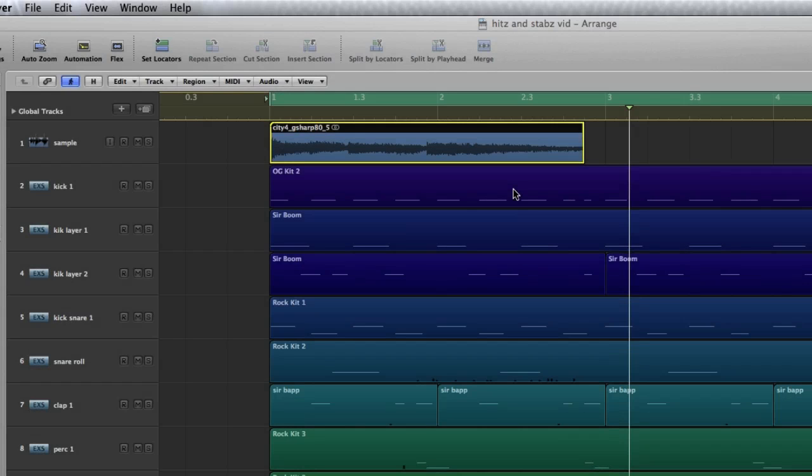Now, we'll say that this is a hypothetical example, but let's pretend that all we had was the WAV file for this sample and no Apple Loop or AIFF file. What I would want to do is make this sample conform to 75 beats per minute, which is the master tempo of my arrangement, even though it was recorded at 80 beats per minute, and I can do that using